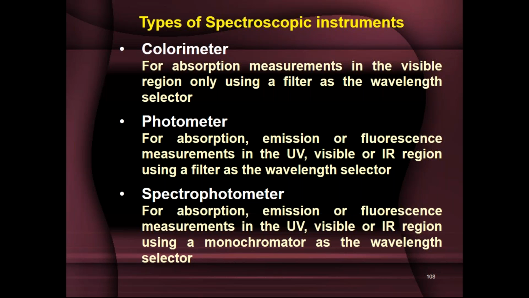This is an instrument used for absorption measurements in the visible region only, using a filter as the wavelength selector. See, I had also already told you in the last class, to get absolute monochromaticity, we need to use purely monochromatic sources, which are only lasers. And lasers are very expensive and can be used only at one wavelength. If you have a laser as a source, your instrument can be used only for those substances which absorb at that wavelength. So the applicability of your instrument greatly gets reduced,